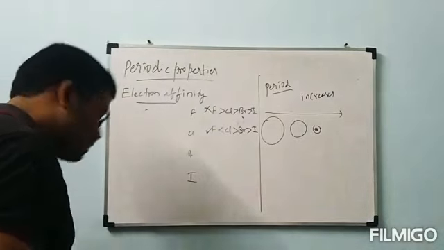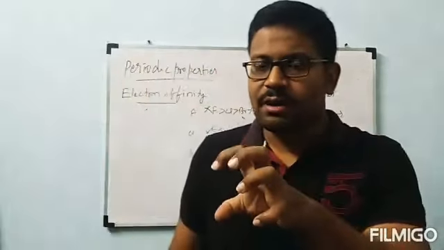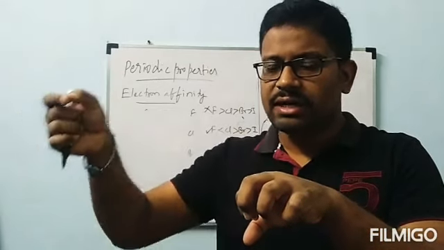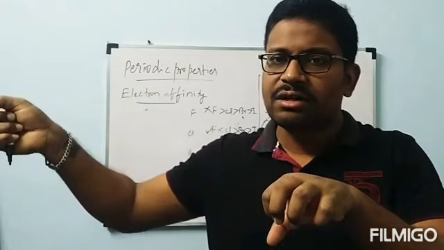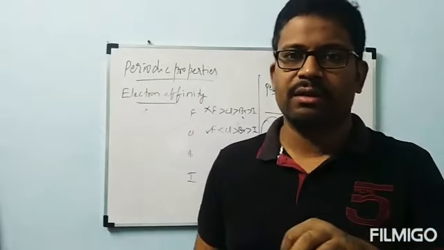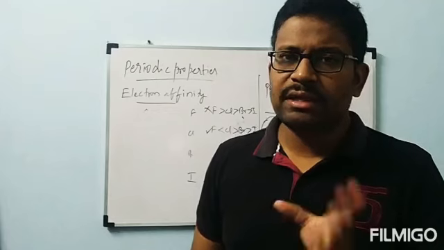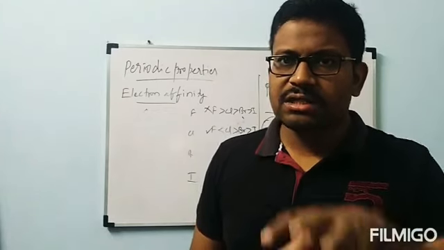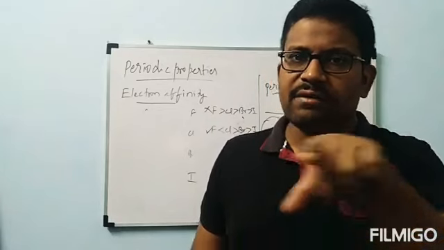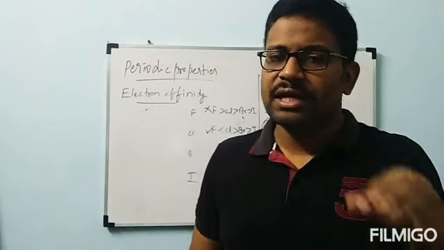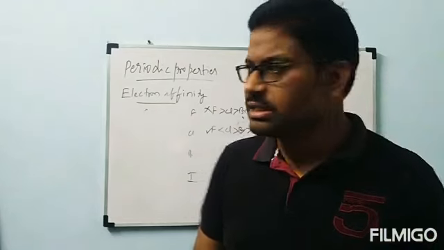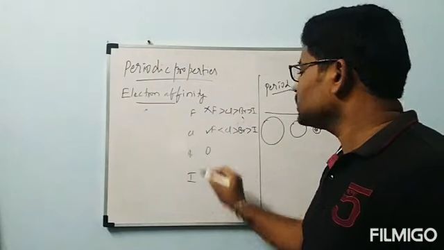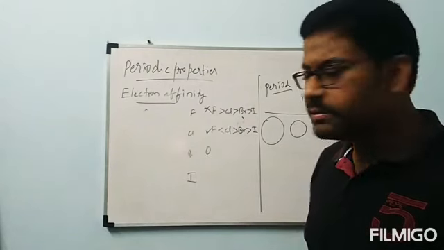Because fluorine is a very small atom, it does not allow that electron to enter the outermost shell easily. That electron is not even able to come near the atom. If it comes near the atom, then we can consider the repulsions and all these things. First, because of the very small size and the 7 electrons present in fluorine, this happens. The same thing happens in the oxygen family also: oxygen, sulfur, selenium, tellurium.